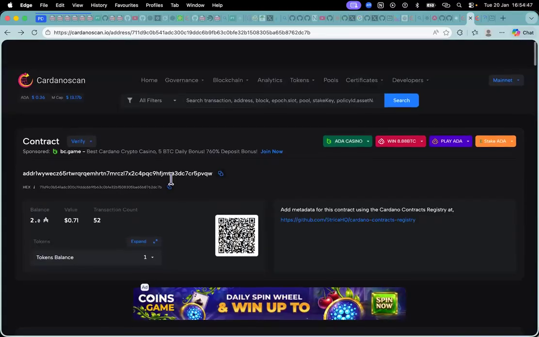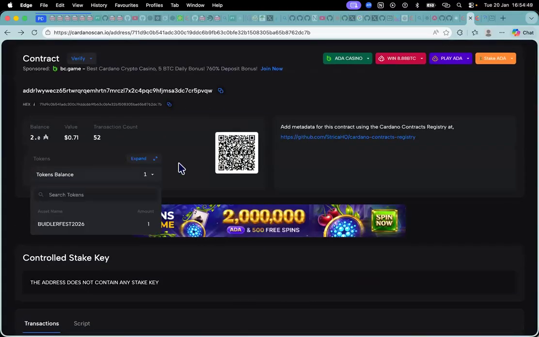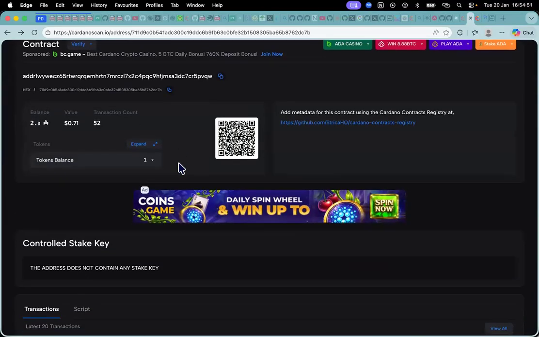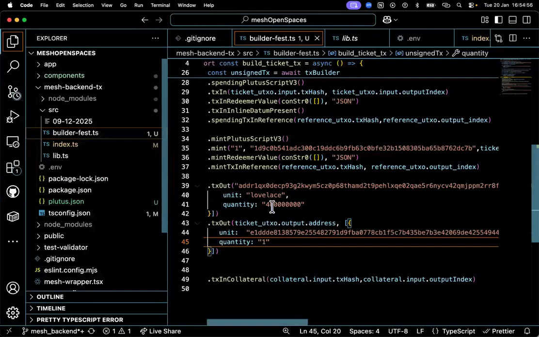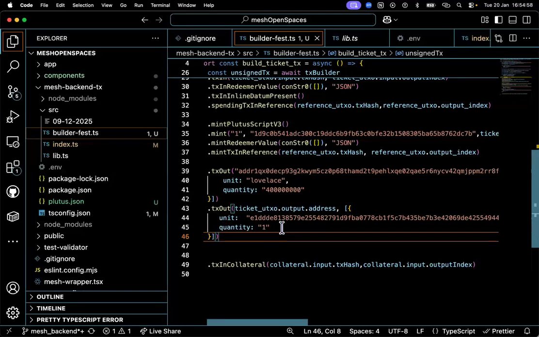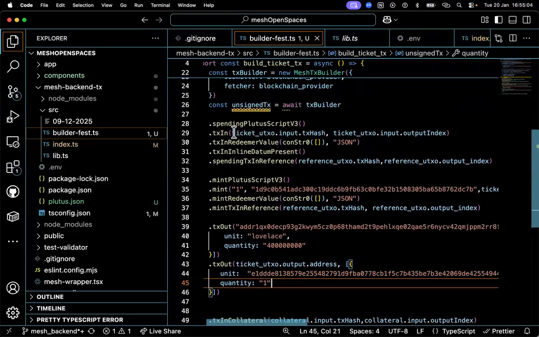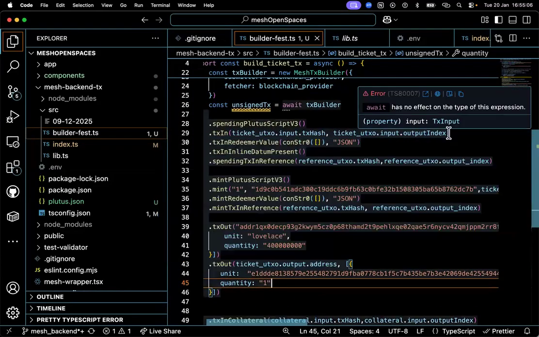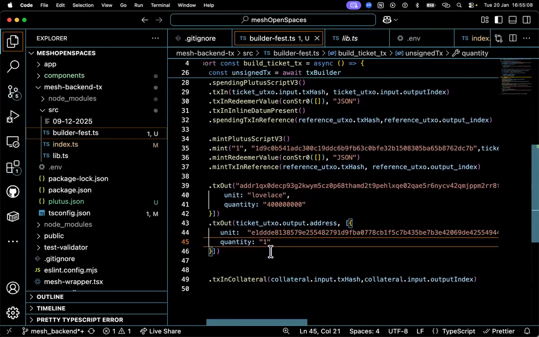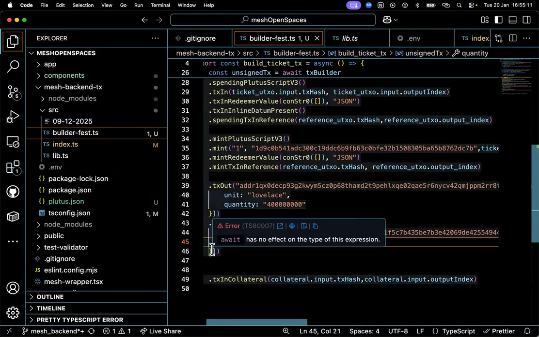You're not spending any of your own ADA. You're just replacing the ADA value that's already in the UTXO. Yep, that's right, Andrew. Absolutely, yes. Since we are spending all of the UTXO in it, we are just replacing the two. That's very nice.